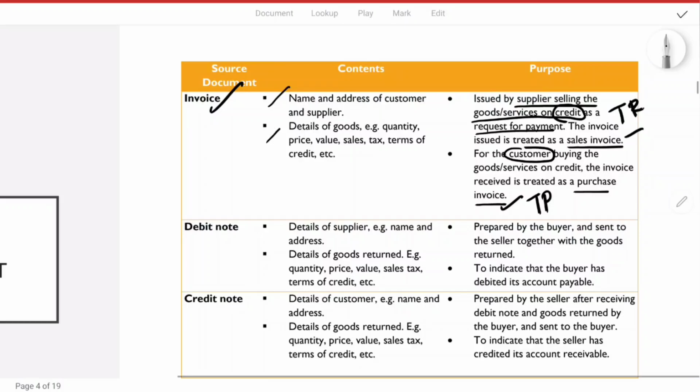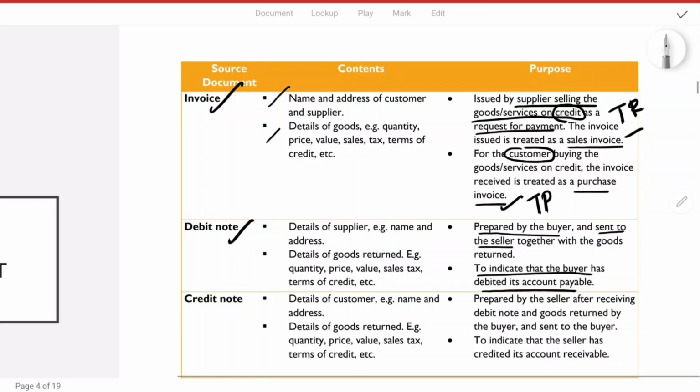If, for example, the goods they have received are of the wrong quantity or wrong quality or wrong specification, or there is a defect or fault in the product received, the buyer returns the goods to the seller. When the buyer returns the goods, the buyer also sends a debit note, prepared by the buyer and sent to the seller together with the goods returned,